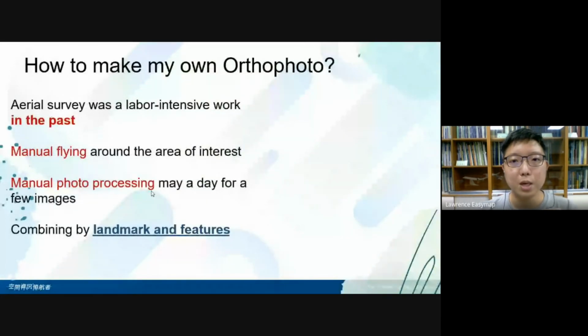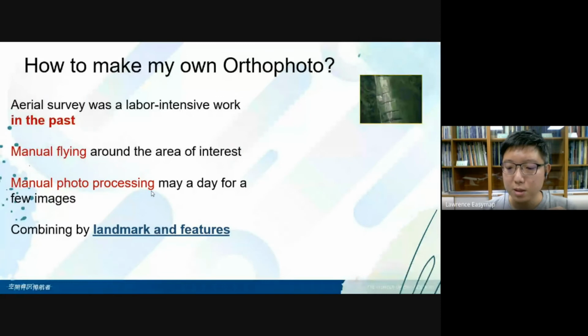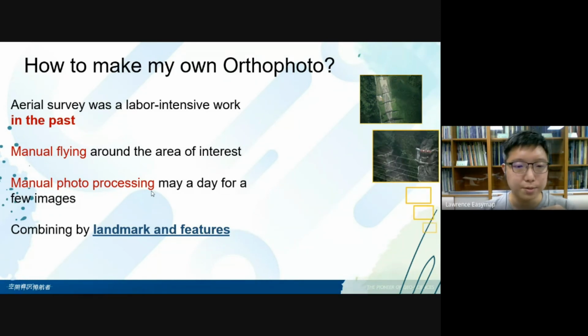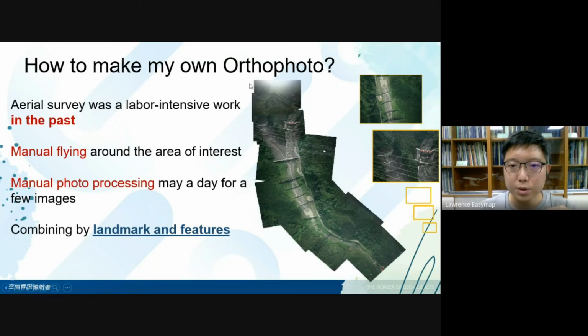So how can we create my own aerial photo? In the past, aerial survey was a very labor-intensive, very tiring job. You can see this was one of my projects many years ago. We needed to fly our UAV manually, not automatically, and take pictures one after the other manually. After we collected all those pictures, we needed to use the ground features to match one to another. The first one matching with the second one, and the third one matching with the previous two pictures, one after